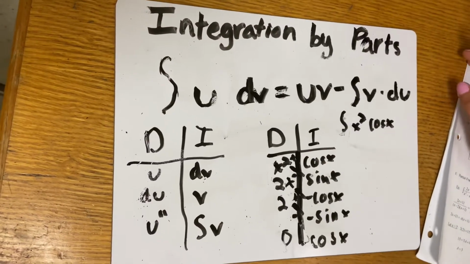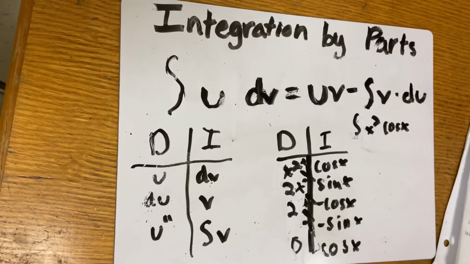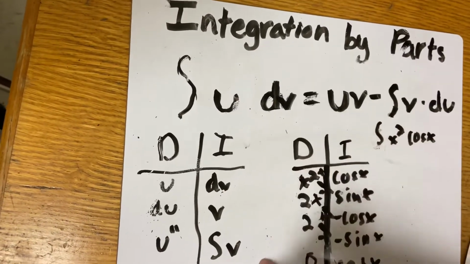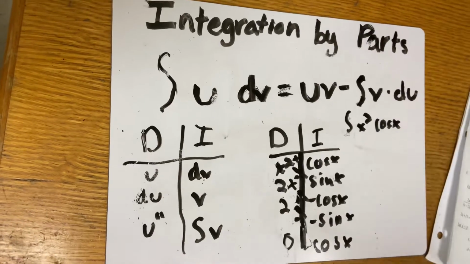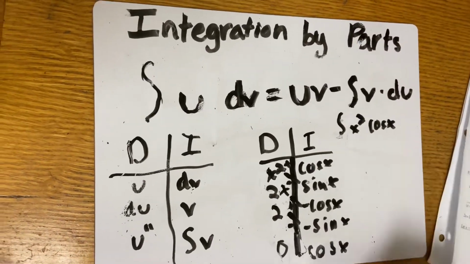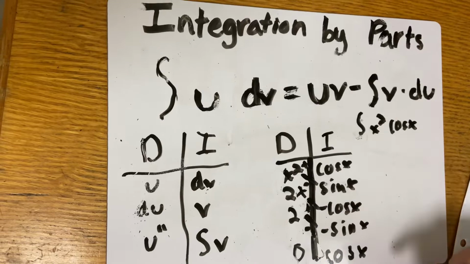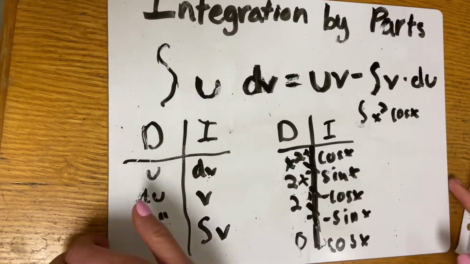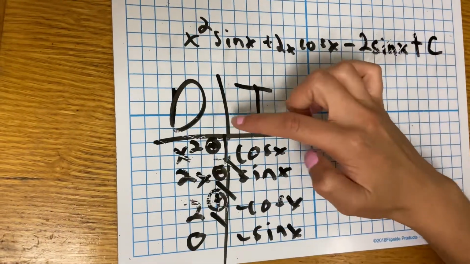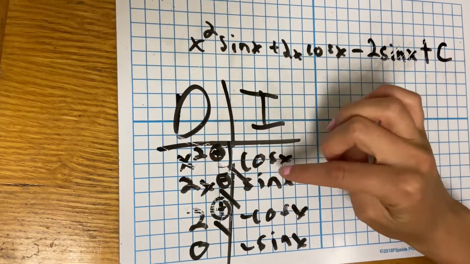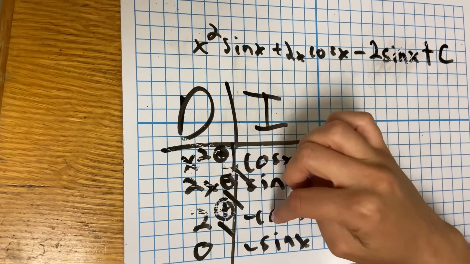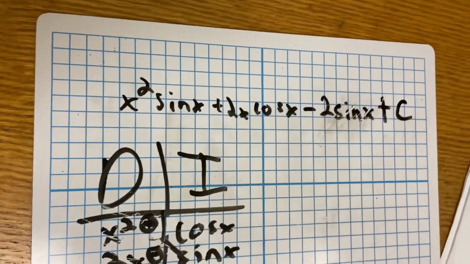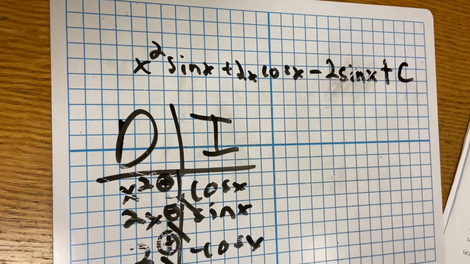The other technique for integration by parts is what I call tic-tac-toe. For this you make a little chart, as I did here, where you derive until you get 0, and then you integrate the other one. Here we are going to show you how to integrate x squared times cosine x. We're going to derive x squared until we get zeros, and then integrate cosine of x until we get to where the 0 is. Here we wrote it down again, and you just cross. So the x squared would go with the sine x, the 2x would go with the negative cosine x, and the 2 would go with negative sine x. And we get an answer of x squared sine x plus 2x cosine x minus 2 sine x plus c.